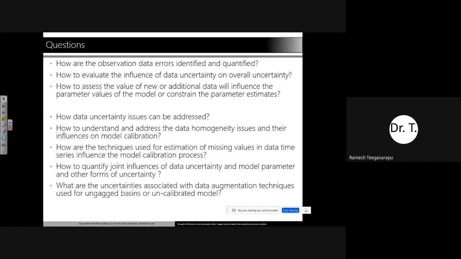So for example, we're trying to develop something where there's a very minimum amount of data. So how do we address those uncertainties? Some of the topics Professor Yadav and other presentations have talked about this. So how do we go about data scarce situations? Yesterday's presentation from DHI Kumar also indicated the issues when we are talking about data uncertainty, where we have to assemble data from different sources and stitch them together so that we can address that problem.